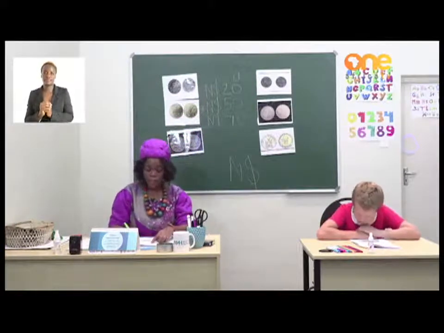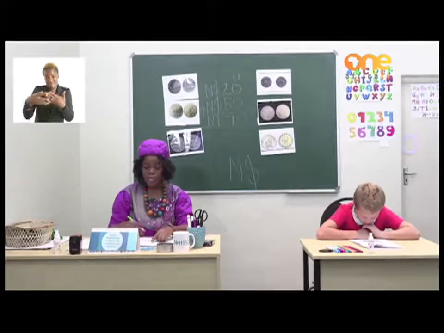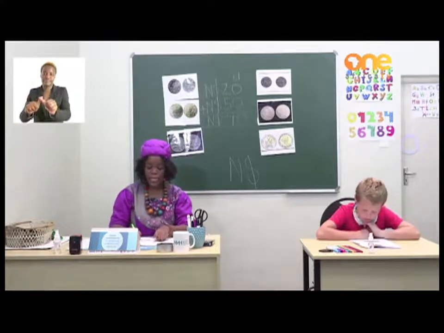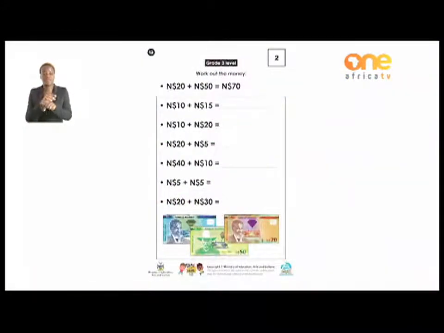All right. So if you have notes there with you, you can also just add the money by counting on. Okay, let's quickly also do the first one. 10 Namibian dollar plus the 15 Namibian dollar. Although we actually don't have a 15 Namibian dollar as one, it's actually $10 and a $5, which has been added together. You can still continue adding by writing the $10 on top plus the $15 underneath the 10, and then you can add up the two to give you the